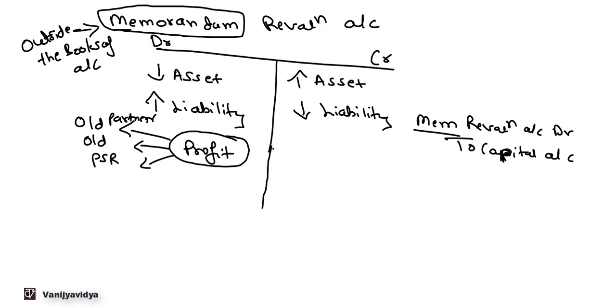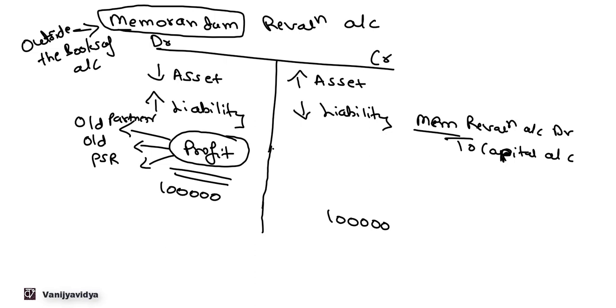Now only one effect of this profit has been given, to the capital account. There is no effect of this profit on the assets and liabilities, as there was in the revaluation account or profit and loss adjustment account. So now what is done is, we reverse all these entries. Say there was a profit of 1 lakh. Now we need to reverse this entry of the profit. This profit of 1 lakh will become a loss of 1 lakh.